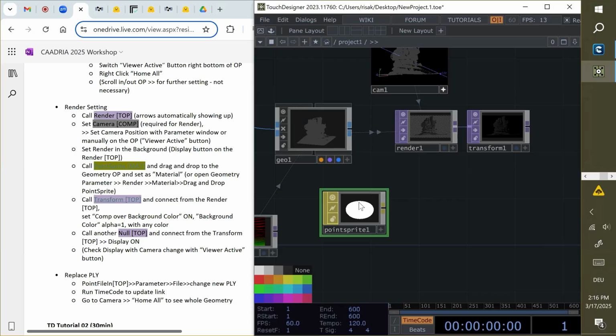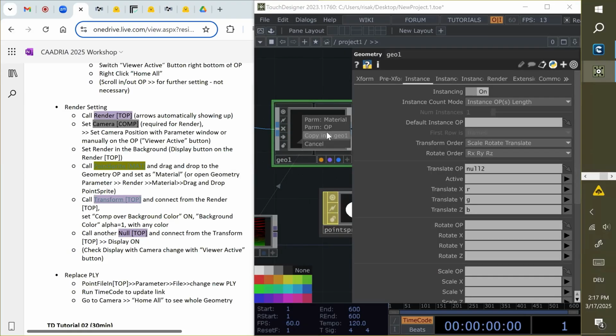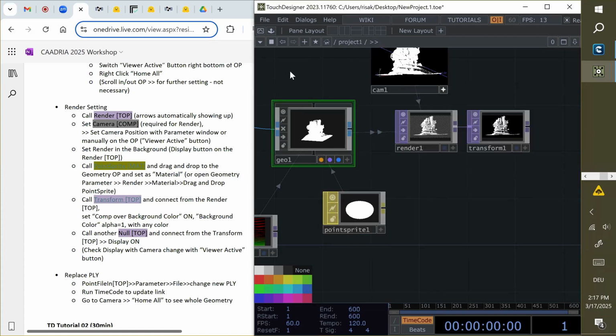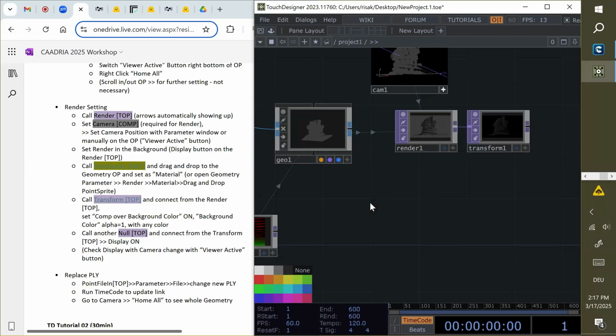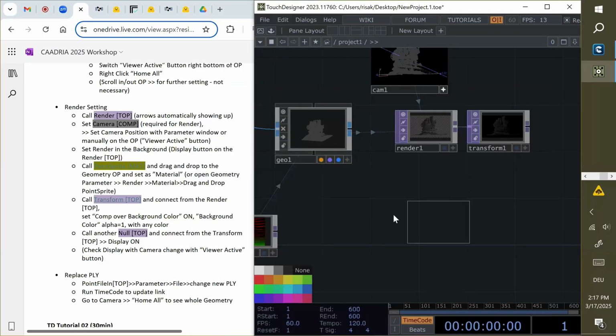Now you just drag this point sprite and then drop it to geometry. Now you have some selection and there's a material on top. And you select this. Now you can see a bit better graphics. Once again, you just have to call material and point sprite, drop here.